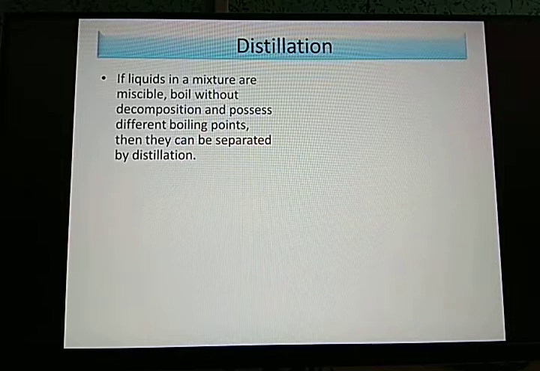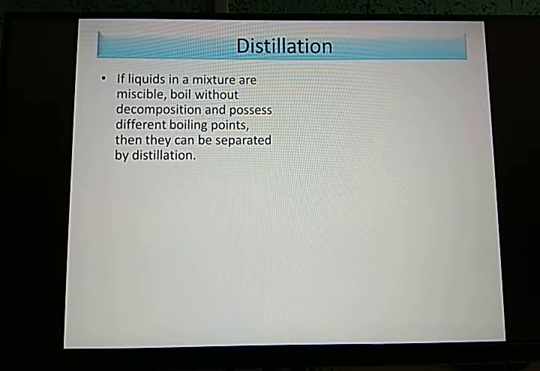So why is this distillation process used? Say for example, if you have two liquids which are easily mixable with each other, they are called miscible liquids. We have come across immiscible liquids like oil and water. They don't mix with each other. But suppose the two liquids easily mix with each other, then how will you separate them? Then this distillation process is very much useful. Now even though the two liquids are miscible, they will have different boiling points. Clear? So based on their boiling points, we can separate it out.